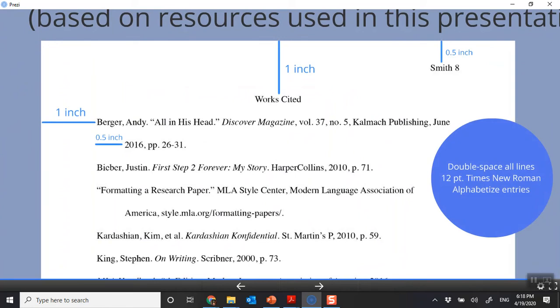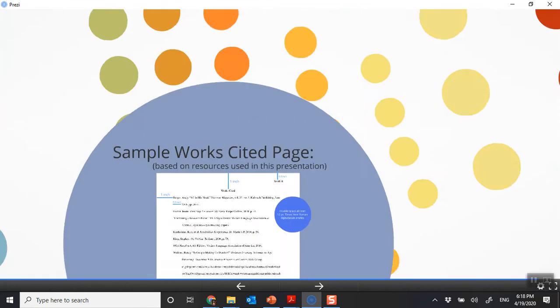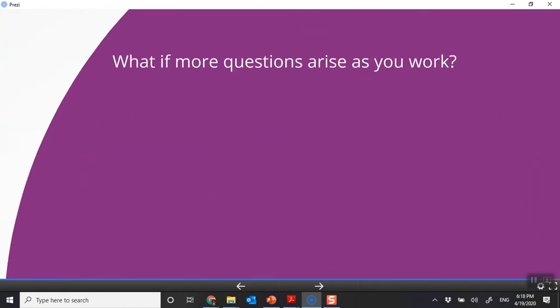Double space all lines, 12-point font, Times New Roman, or not, just no wacky fonts. Okay, no wacky fonts. I'll show this when I talk about the reference tab on Microsoft Word. If you use the ruler in Word, you can set this up so that it automatically indents every second line. So it's kind of the reverse of a paragraph. The first line is at 1 inch and the second line is at 1.5 inches, so you have to indent it a little bit further. I'll show you how to do that with the ruler next time.